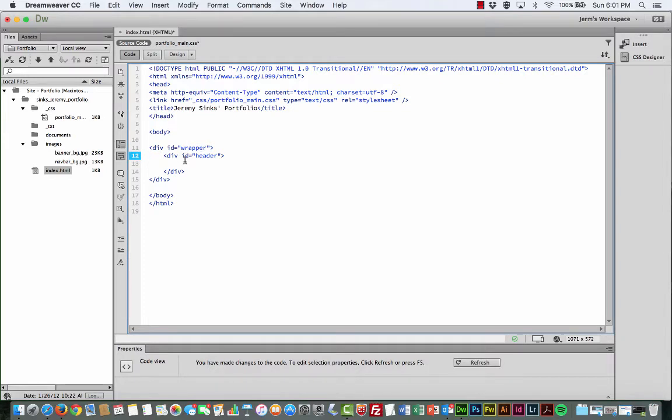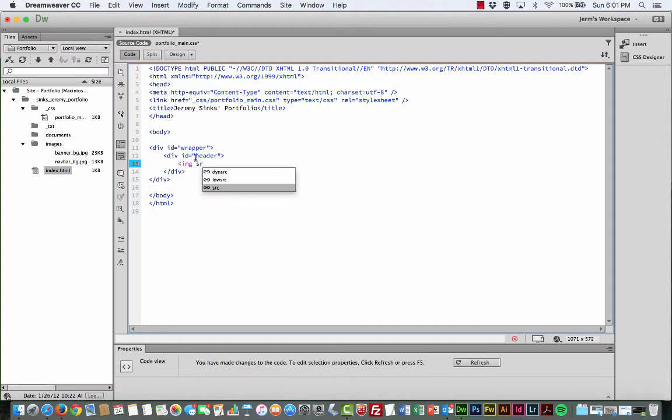Now I want to go ahead and insert that image into the header. I left myself an extra space there. On mine it's line 13 in the code. So I'm going to tab on the inside, and I'm going to insert an image. To insert an image, I'm going to type in a left caret. You're going to get used to typing in carets for sure, because you're going to use them quite a bit. So I'm going to type in the left caret, and to do an image it is IMG. So see that abbreviation. I'm just going to hit return and then hit the space bar, and I'm going to type in